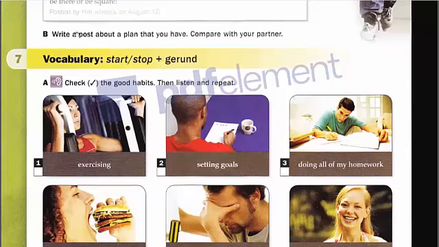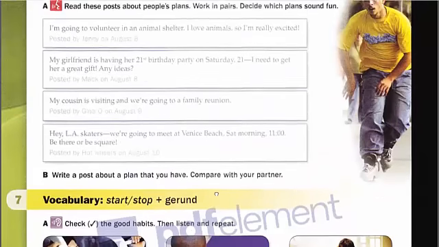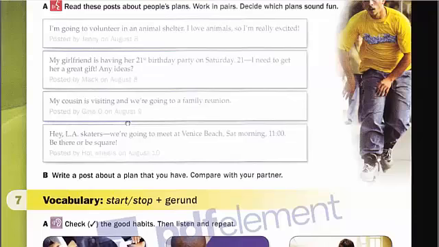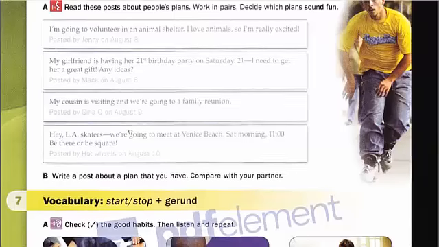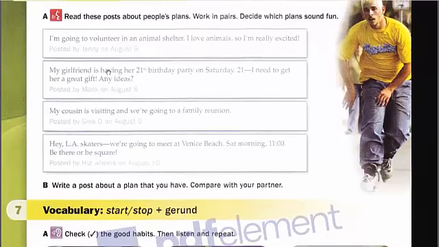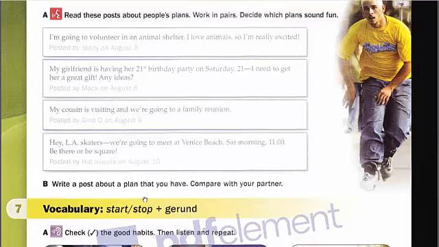And what you have to do here is to write a post about a plan that you have, compared with your plans. Look at these plans and look at these sentences, okay? You can maybe use one of these sentences as a model, okay? Now,